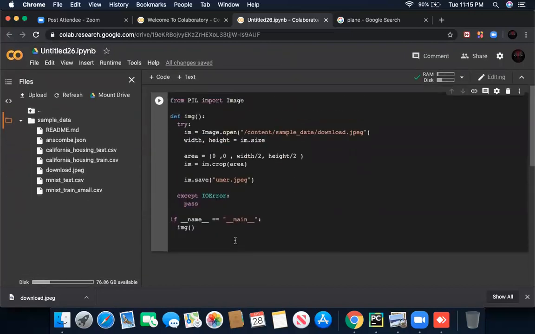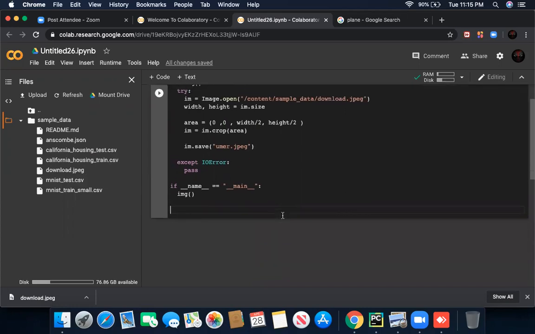After resizing, the image will be displayed in front of us. Where is the image? It will save in the directory, with another name called Umar.jpeg.